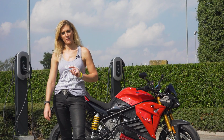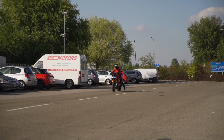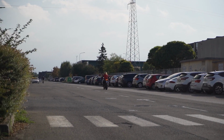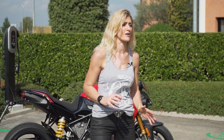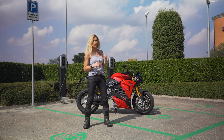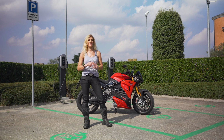So the first thing about this bike, it's electric, which means the acceleration is just silly. It's ridiculous. You open up with that wrist and it feels like your brain is just being squidged through to the back of your head and out the back because you're accelerating so fast. Like a G-force I don't think I've ever experienced in quite the same way, because the power this thing is kicking out is 169 horsepower or 145 horsepower continuous,